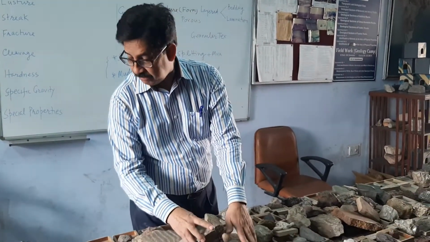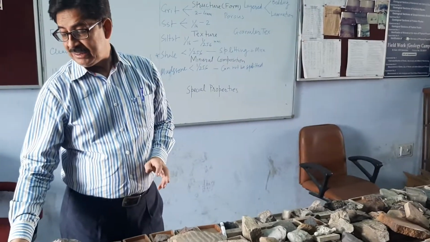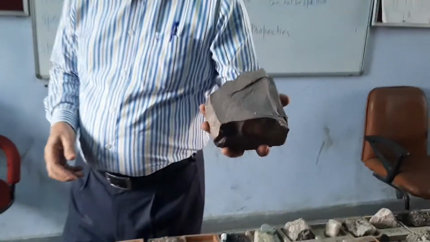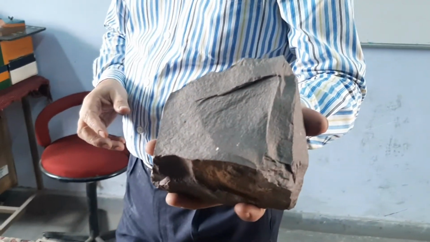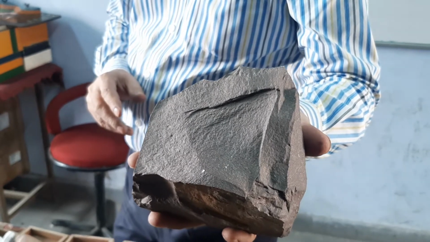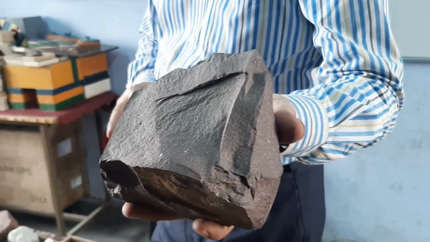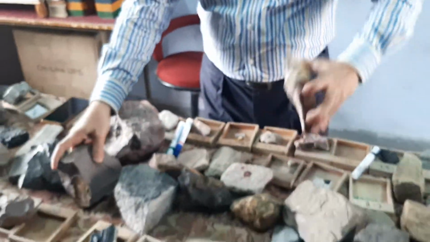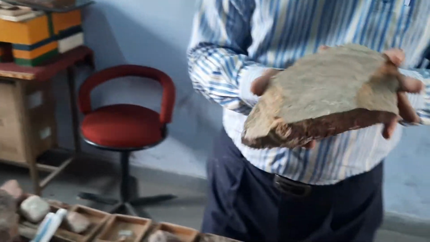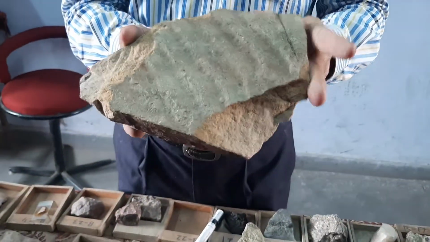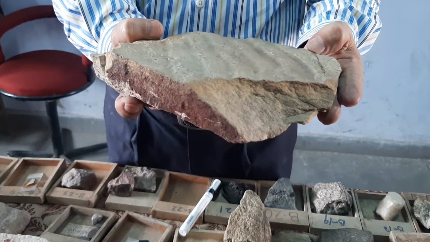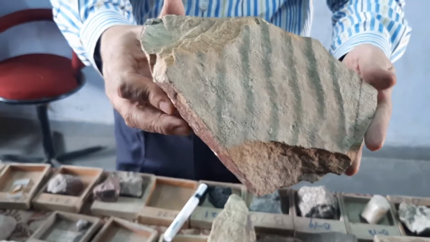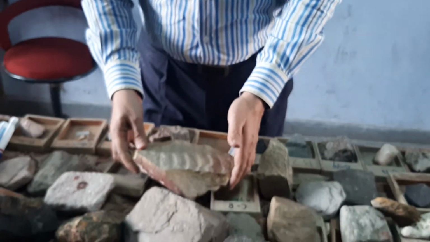Sometimes it is difficult to distinguish between sandstone and quartzite. You see, this is the rock quartzite, which is a metamorphic version of sandstone. That can be resolved only at the level of a microscope. Now you will also find a very special feature on the top surface of sandstone that is called ripple marks. Ripple marks are found in sandstone and also in siltstone.